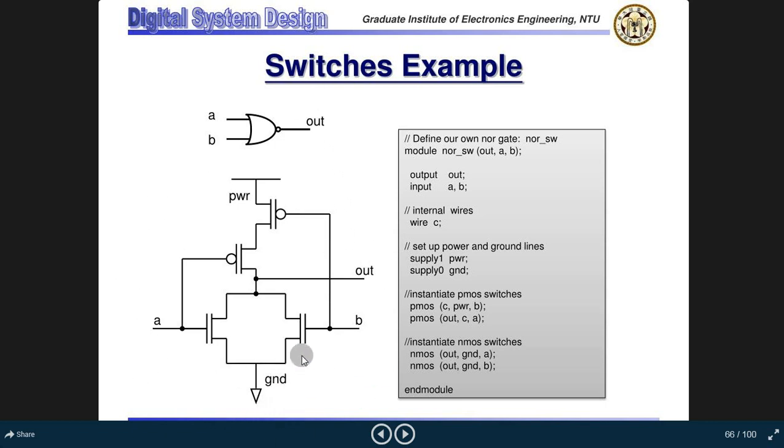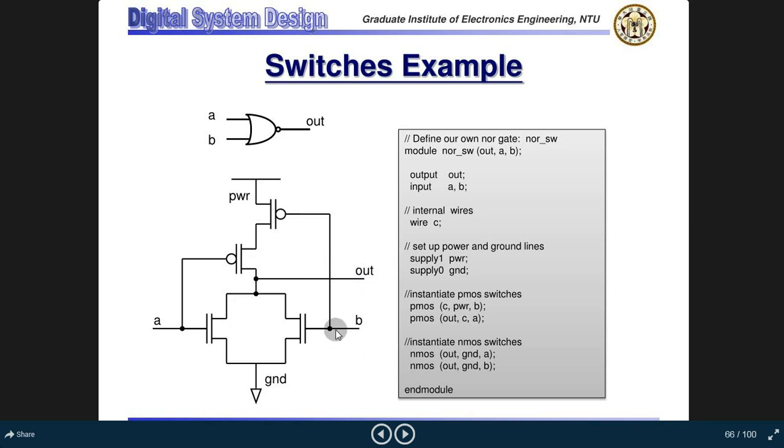Now why have we used this ground? Suppose we want to provide a proper value of out is equal to 0. When a is equal to 0 and b is equal to 0, both these switches are off, so there is no connection between this point and the ground. So at the out we get a proper strength signal, very similar to a value of 1, which will provide a pull-up switch here. As a result we always get a 1 logic or a high voltage value.